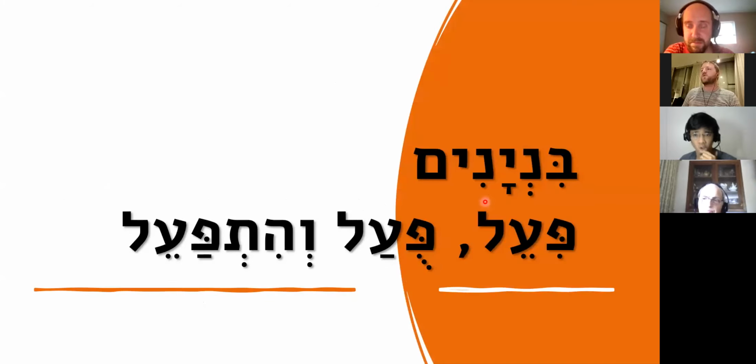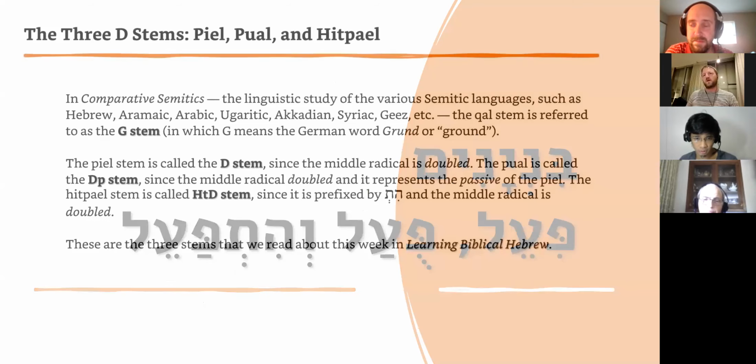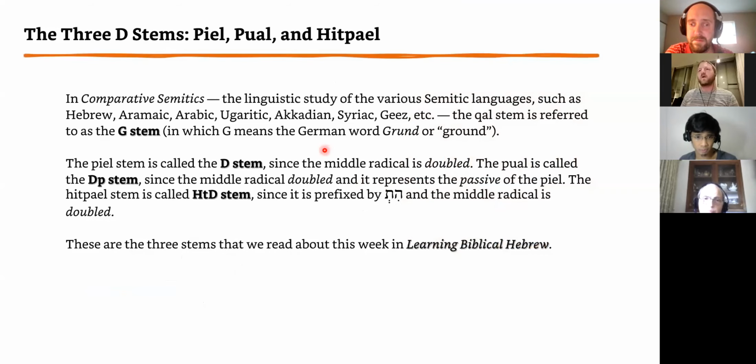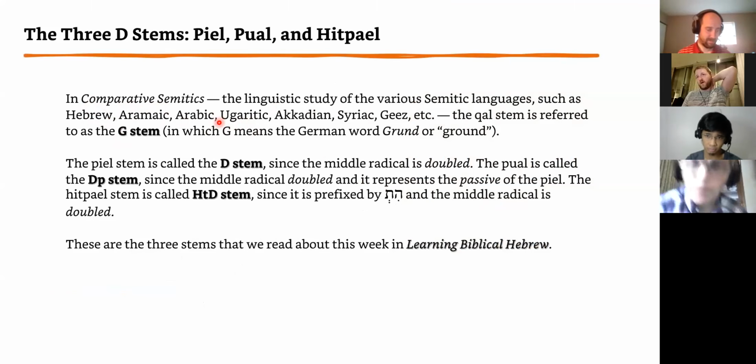All right, so this week we're looking at the binyanim Piel, Pual, and Hitpael. These are the new stems. Another way to call these stems is basically with a D or a G. Let's look at what this means. In comparative Semitics, that is the linguistic study of the various Semitic languages like Hebrew, Aramaic, Arabic, Ugaritic, Akkadian, Syriac, Ge'ez,